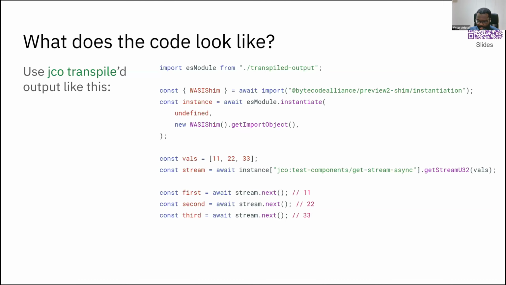So this is also compatible with async iterator as it exists in JS, but we do it manually here and await the values, and you end up getting the values that are listed there. So it looks quite normal and idiomatic for JS, and the one thing that isn't implemented just yet,